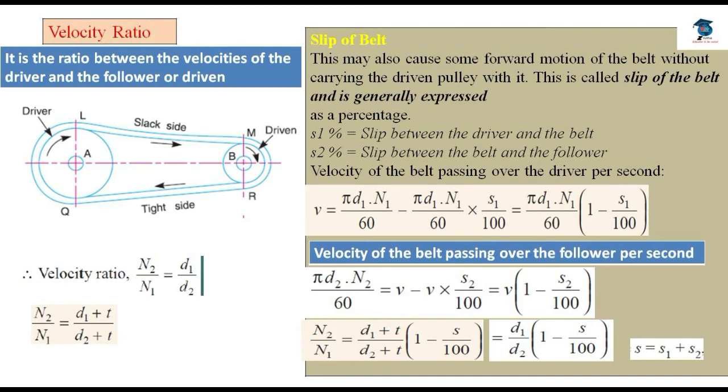Slip of the belt is the gap between the belt surface and the driven pulley surface, mainly due to tension difference and wear and tear of the belt surface due to friction. Tension difference between the tight and slack side will elongate the belt, which results in the slipping of the belt. The driven pulley thus rotates without pulling the belt properly, resulting in wastage of power. The equation given here is the equation to find out slip occurring in the belt.